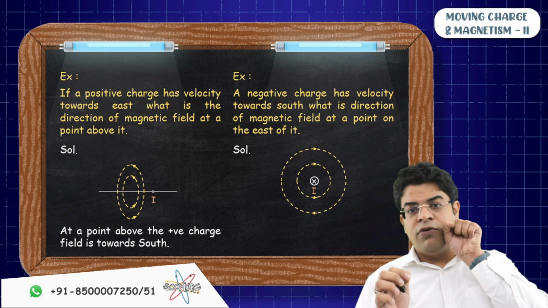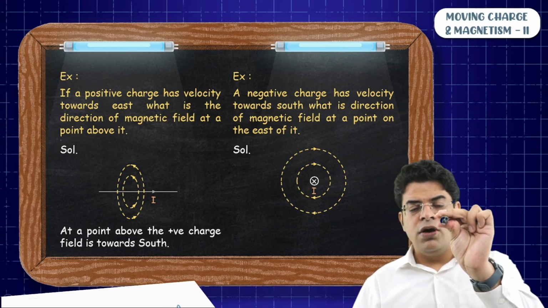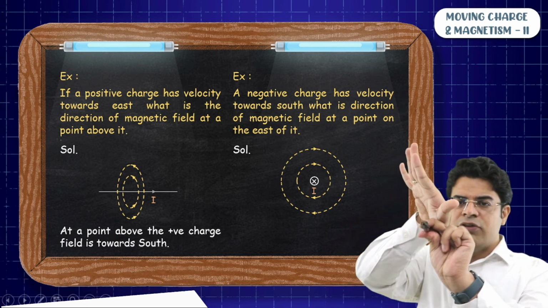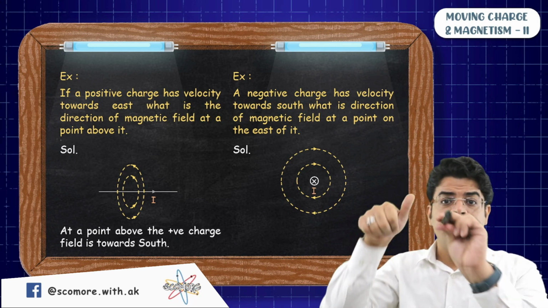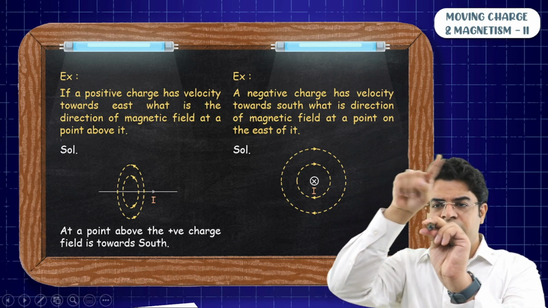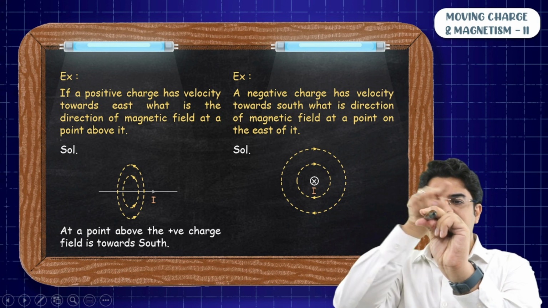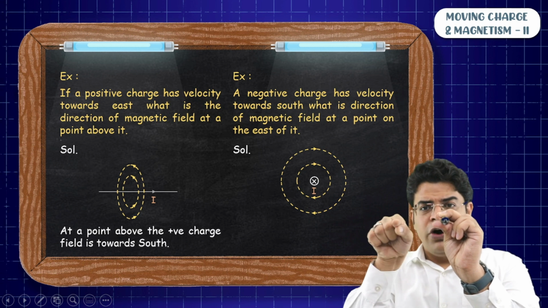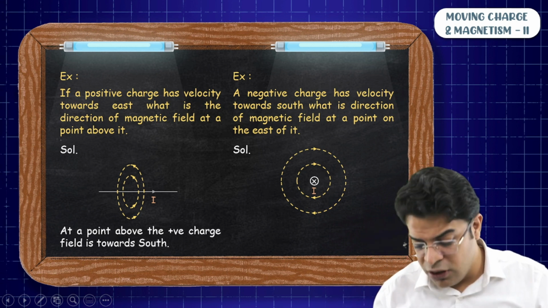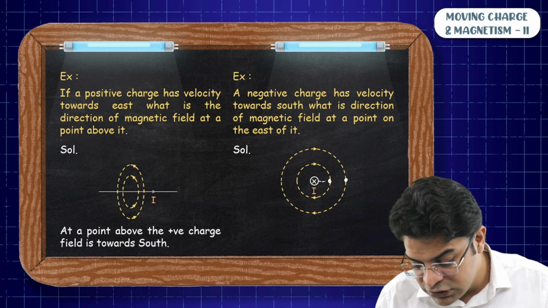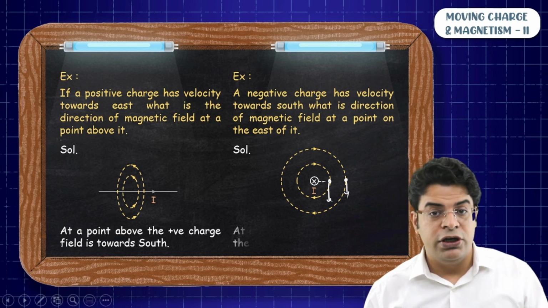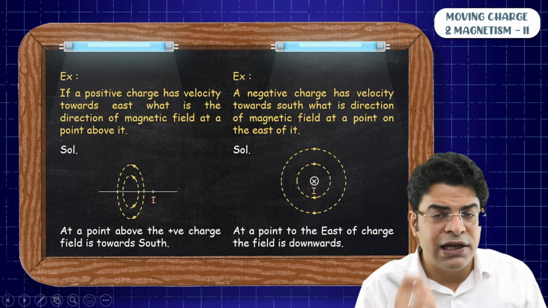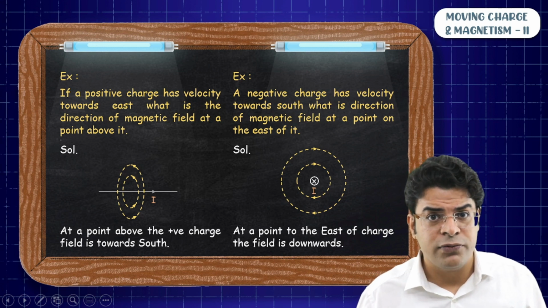So here you have got a current carrying wire carrying current inwards. What will be the direction of magnetic field at a point east of it? Somewhere here. So you will say, I can visualize the magnetic field lines by aligning my thumb in the direction of current, and then I will curl my fingers. Once I curl my fingers, I get this type of clockwise loop when I look at it. So at this point, the direction of magnetic field has to be downward. At a point to the east of the charge, the direction of magnetic field has to be downward. So you will say at a point east of the charge, the field is downward. So rather than thinking of charge, think of a current carrying wire.